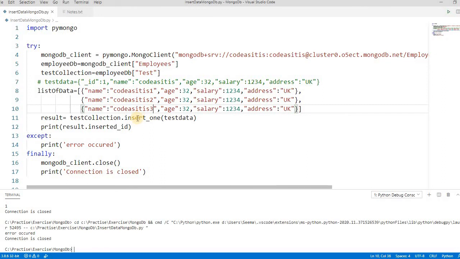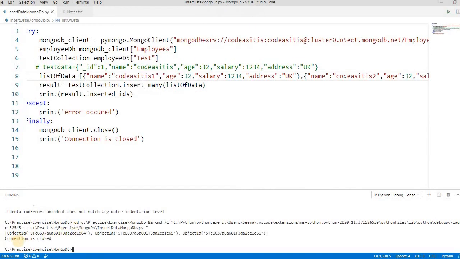Now we are not inserting one, we are inserting many, so we have to change this to insert many, and then pass the list of data. Because it's multiple rows, it's not inserted ID, it should be inserted IDs, because it's more than one ID. Let's run this. It runs correctly and gives the 1, 2 and 3 object IDs.